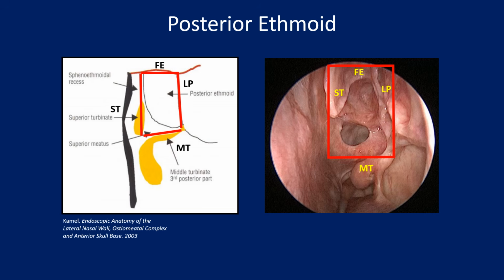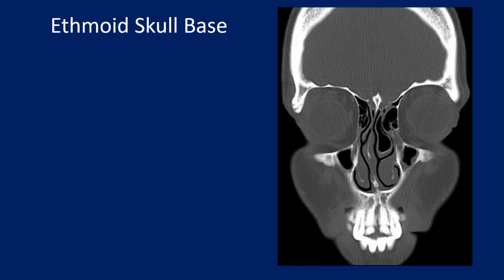And then I just say that the dorsal aspect of the middle turbinate is an inferior boundary. It's sort of arbitrary, but I have seen cells that reside down here. And so if you stop short and don't find the middle turbinate, sometimes you'll leave some disease there. All right. I think it's important also to appreciate terminology and the anatomy of the ethmoid skull base because there's